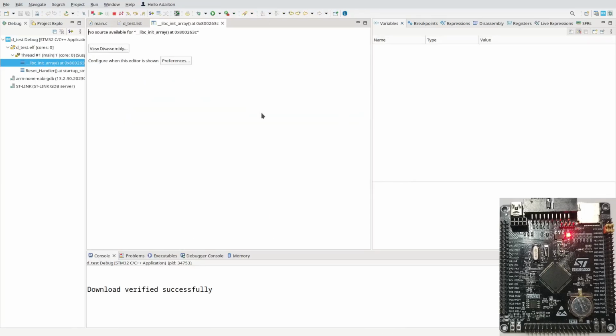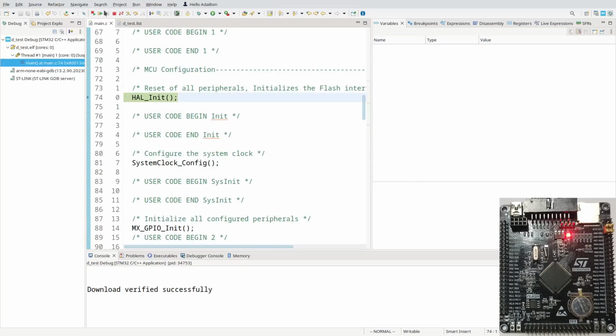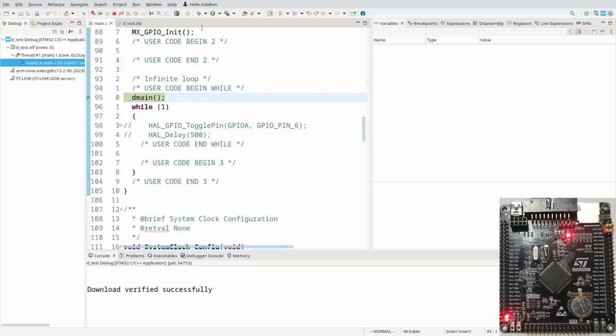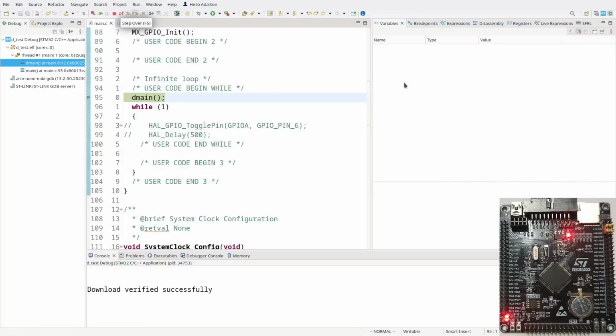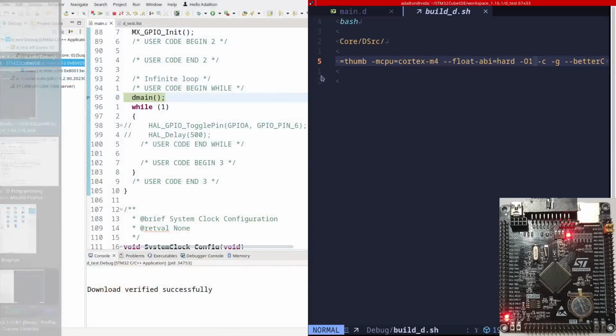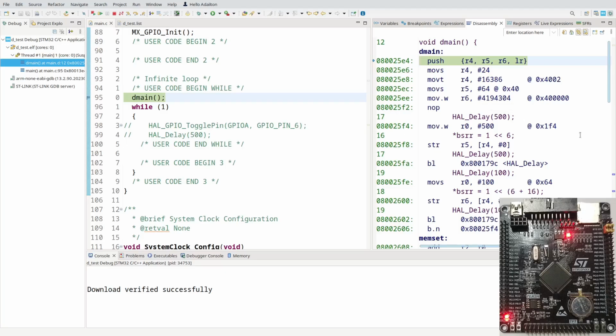Okay, I don't care about this. Let's create a breakpoint here in D main and run. And run again. So it hits D main. So we're going to step into. Oh, I hate this. Every time I go to D main, it opens the source code, but we can do here, we can see the assembly. Okay, then we can step into the